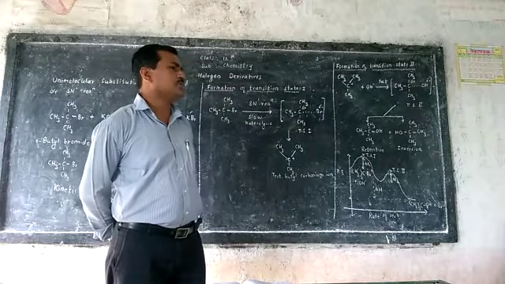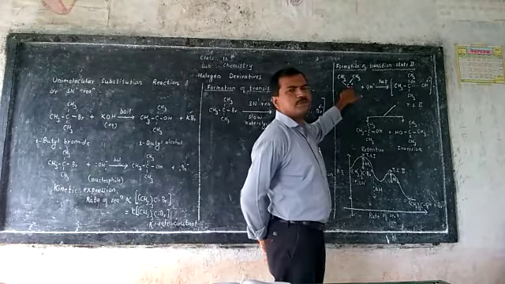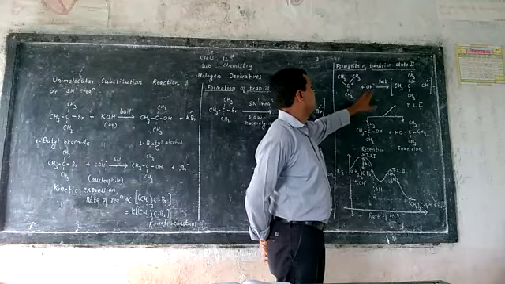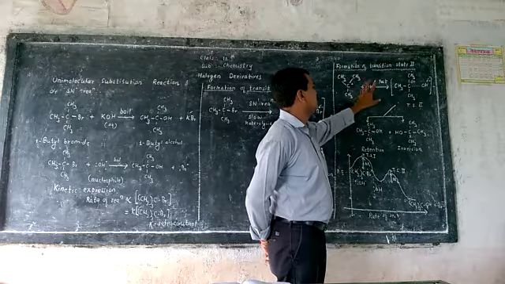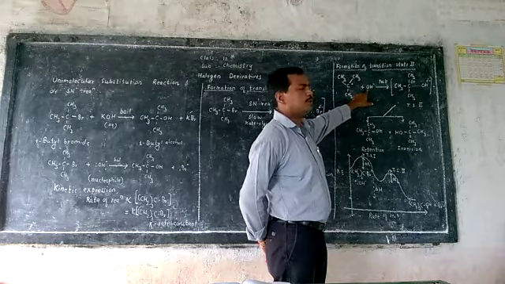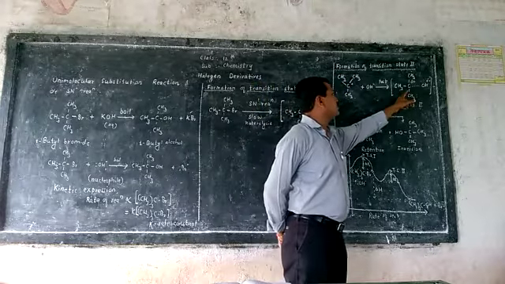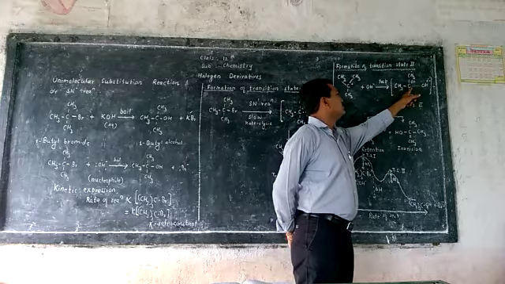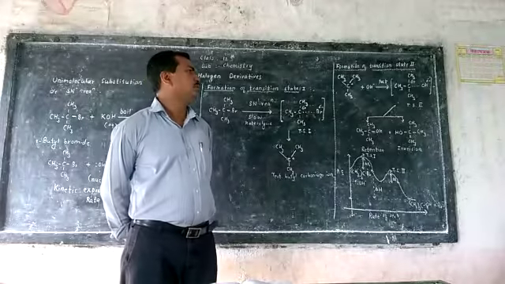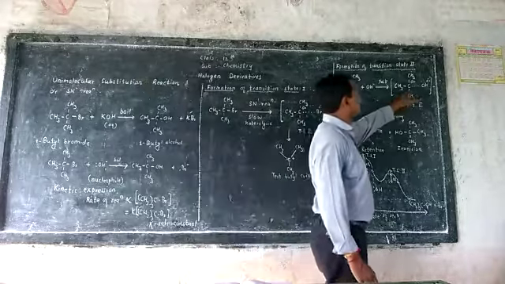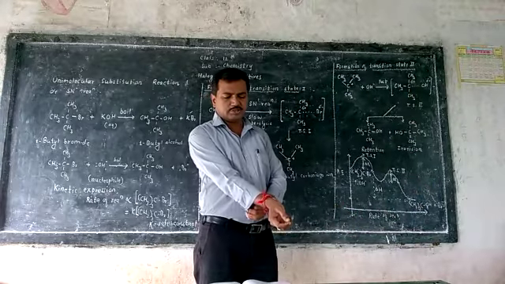this OH negative ion, which is the nucleophile, attacks that carbon atom of the tertiary butyl carbonium ion, and then transition state 2 is formed. This reaction is very fast. This attack of the nucleophile on the tertiary butyl carbonium ion takes place. Here again there is a loose bond between carbon and OH negative ion. Here carbon carries a partial positive charge and OH carries a partial negative charge.